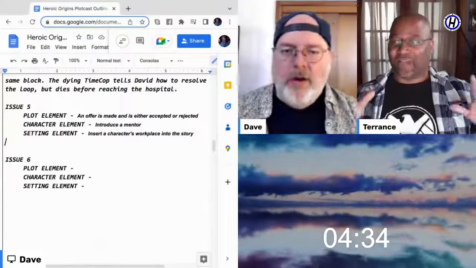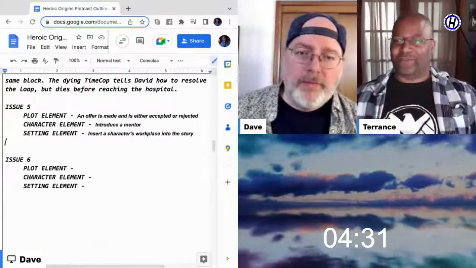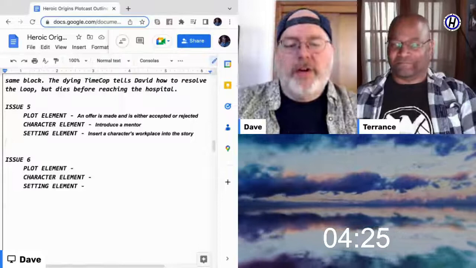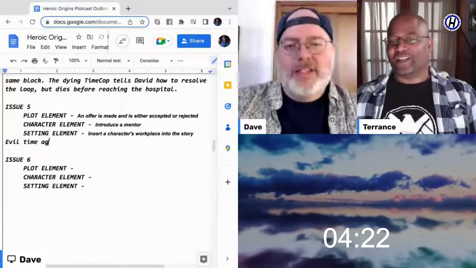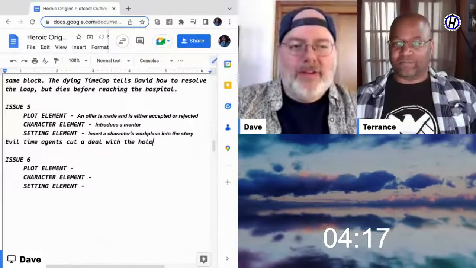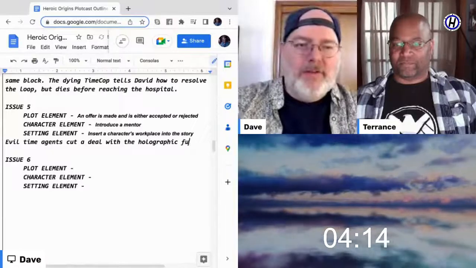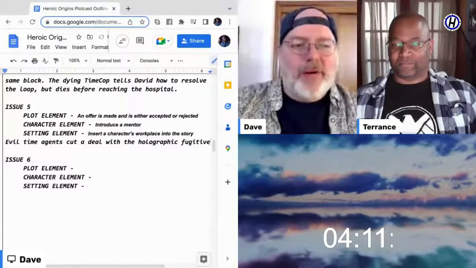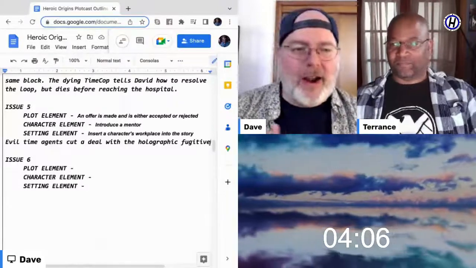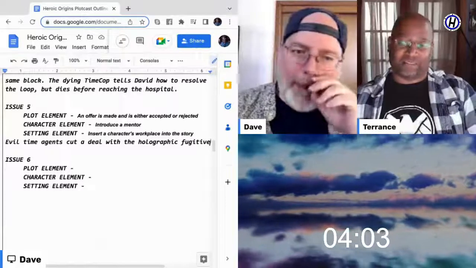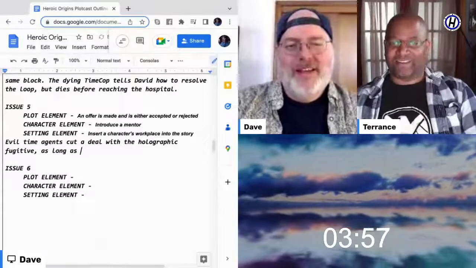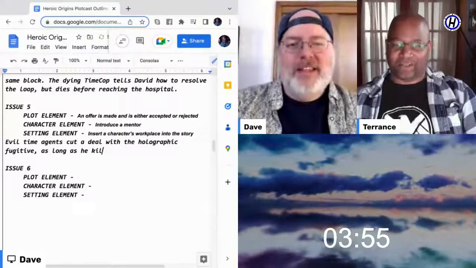I can get you out of this holographic state if you... So the evil time agents cut a deal with the fugitive. Yes. Wait, cut a deal with the holographic fugitive. It occurs to me they could actually give him like light powers or something, or he could sort of stay as a hologram or whatever. Yeah, deal with the holographic. Cut a deal as long as he kills. As long as he eliminates... well, is it